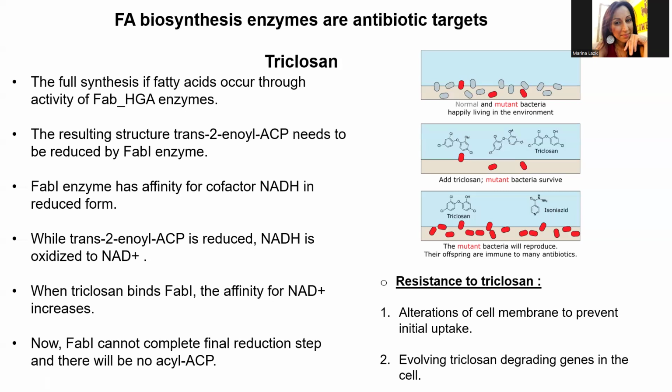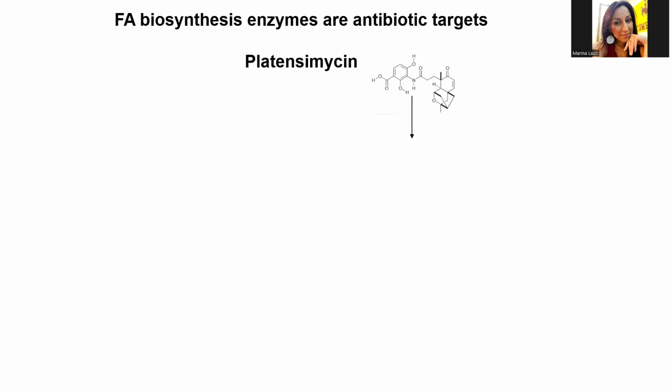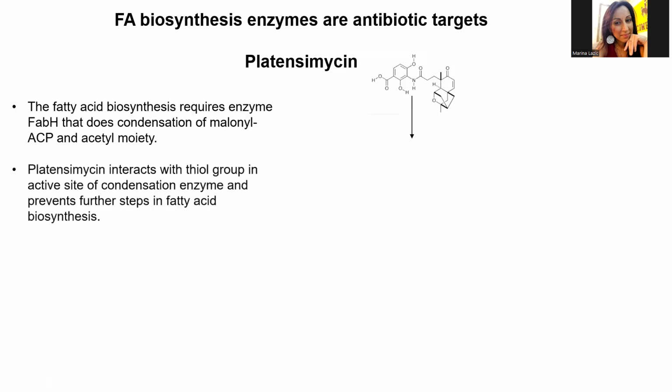Platencin has a different target. Where triclosan and isoniazid target FabI, platencin is targeting FabH, the enzyme that does condensation. That's the enzyme that condenses malonyl and acetyl coenzyme A. Platencin, an antibiotic from bacteria, I believe, interacts with chiral groups in the active site of FabH and prevents its further extension. So without that initial step, fatty acid cannot be